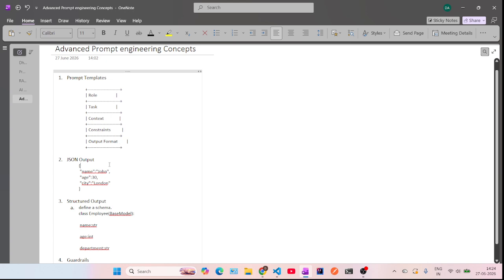The next two topics are also related to the output format: JSON format and structured format. Basically, if you use the same template to write an email or something, you will get some kind of paragraph or text format. Humans can understand the text format, but the system will not understand it. So what we need to do is